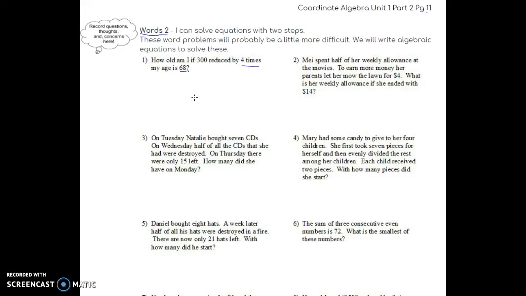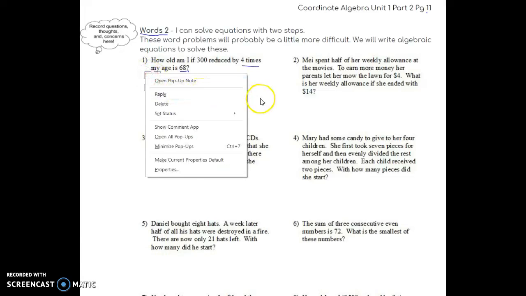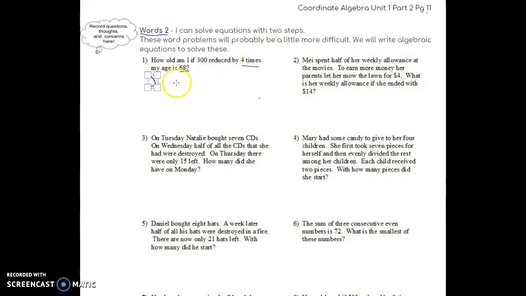No. I know it's 4 times something, right? So 300 minus 4 times something is equal to 68. That makes sense? So algebraically, it would be 300. Sorry, we're trying something new, and of course it's not working. 300 minus